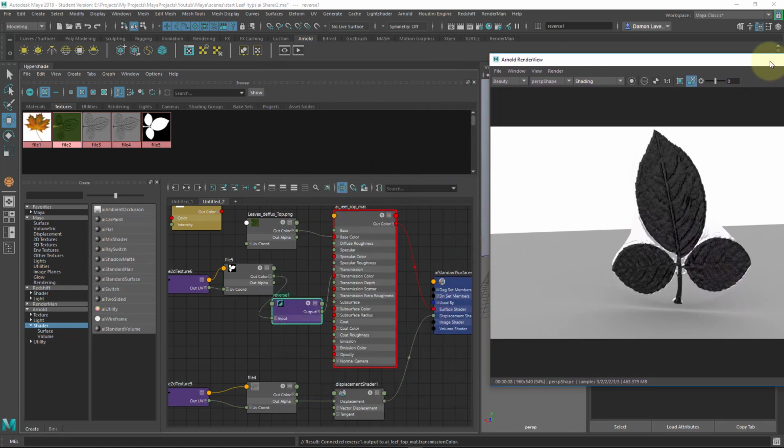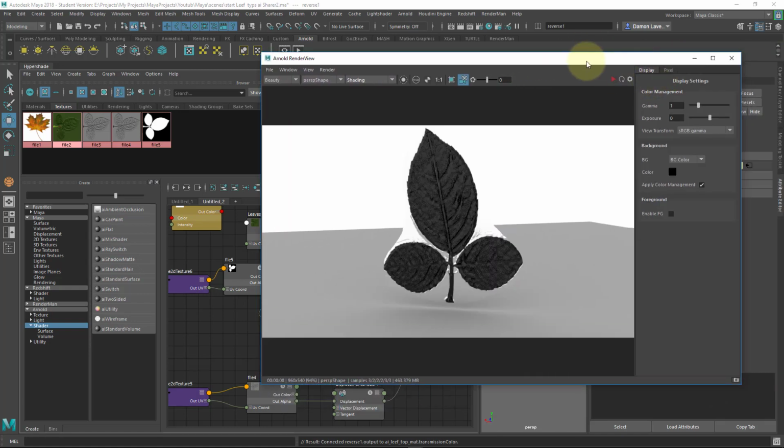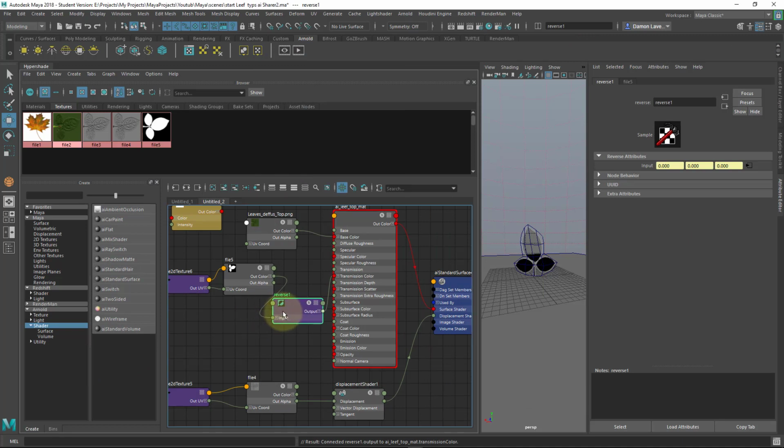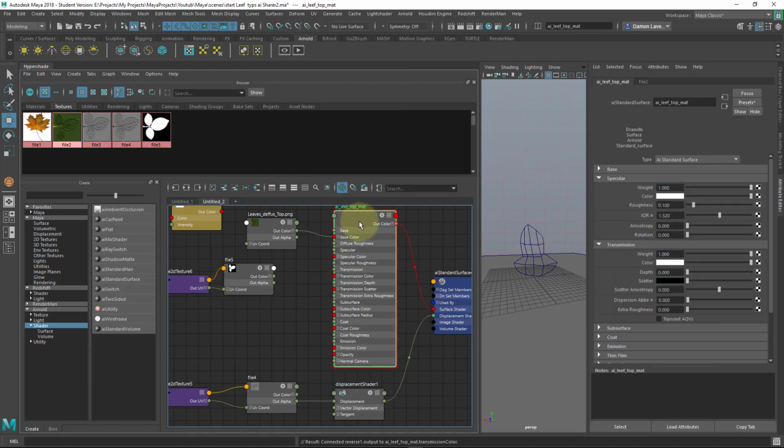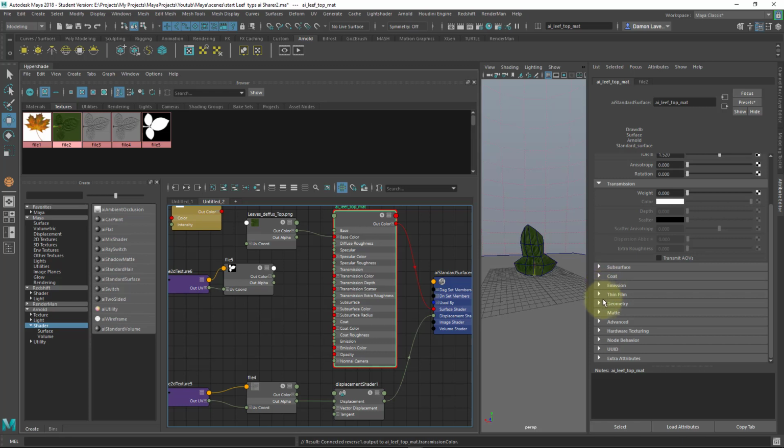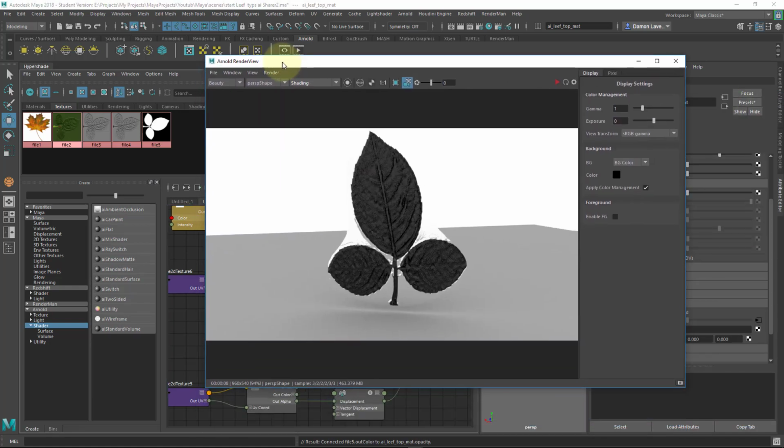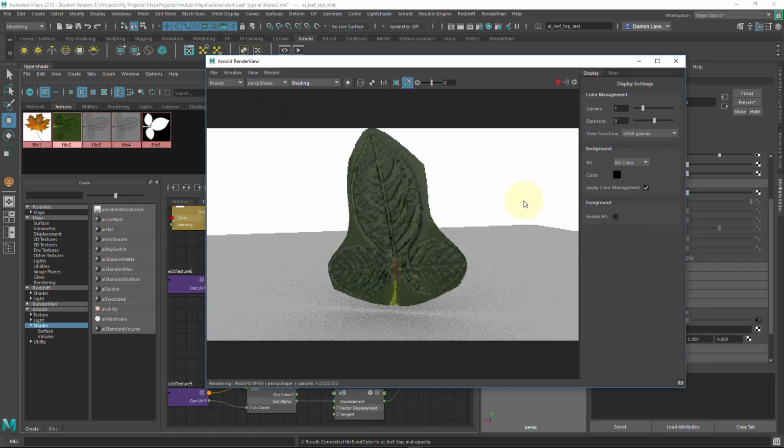Well, it's fairly simple. Let me just stop that render. I'm gonna just remove this reverse because I don't really need it. And under transparency, I'm just gonna turn it off. And what I'm gonna do is go all the way down to geometry, and where it says opacity, I'm just gonna middle mouse drag and drop it onto the opacity. So when I render out,